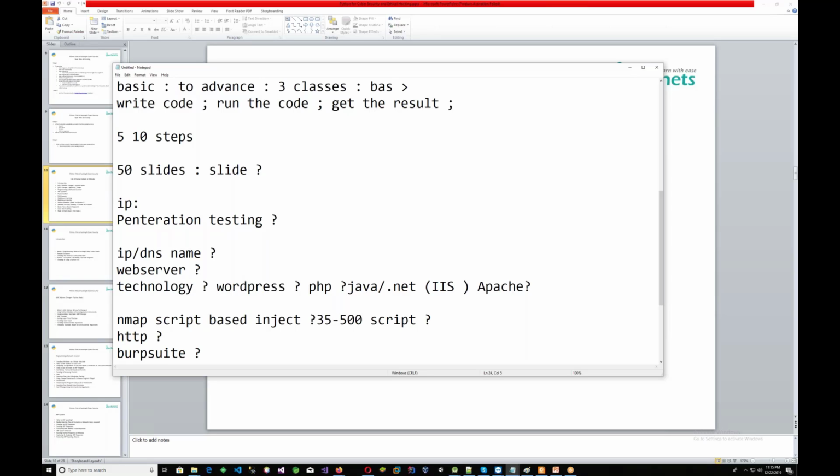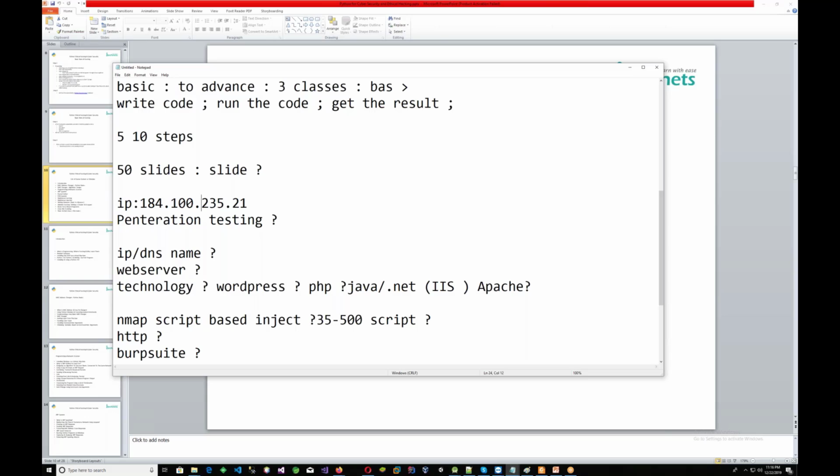Or even penetration testing of an IP. Then what's the difference between the website and the IP? Suppose you have this IP: 184.100.235.21. What would be the steps, or what would be the difference between the website and the IP? Just tell me one thing. Static IP, yes, good. Same? No, not the same. There would be very much change actually.